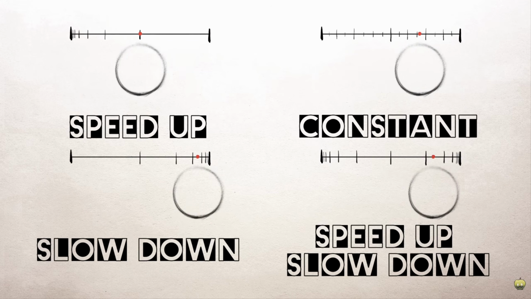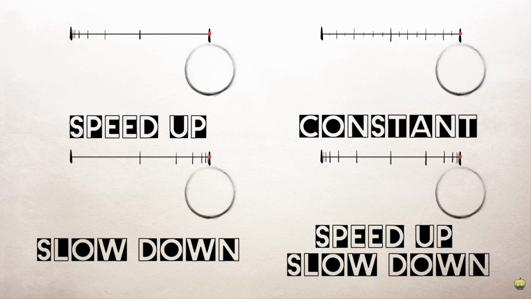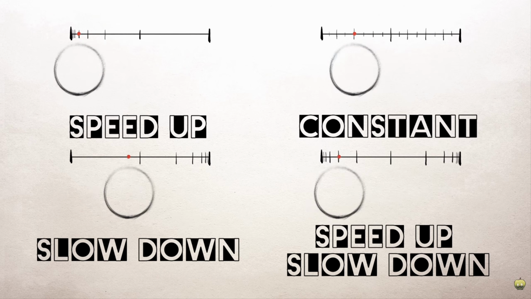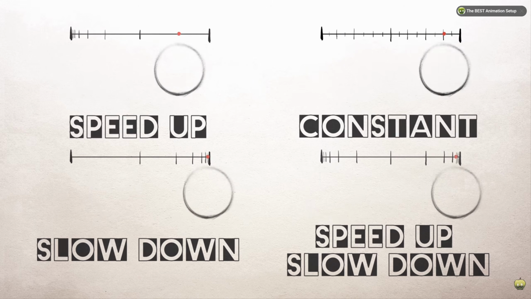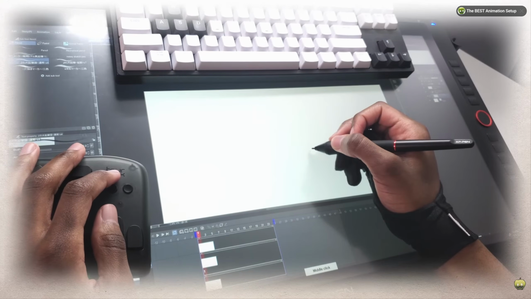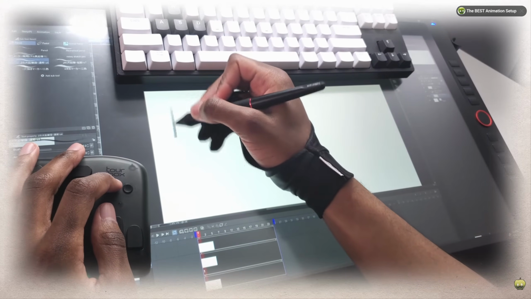This helps simplify the animation process for me. Using these individually and in combination with one another will allow you to animate any motion you can possibly think of. If you'd like to learn how, click the video linked above in the card. So those are some of the basic ways that objects can move, but there's a lot more to learn about